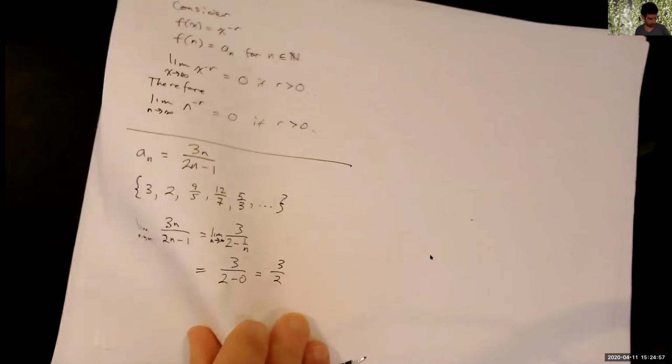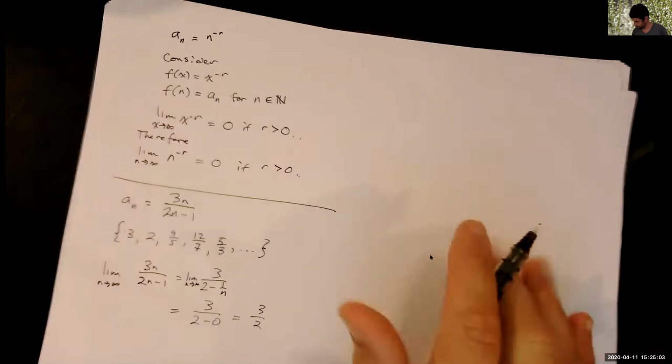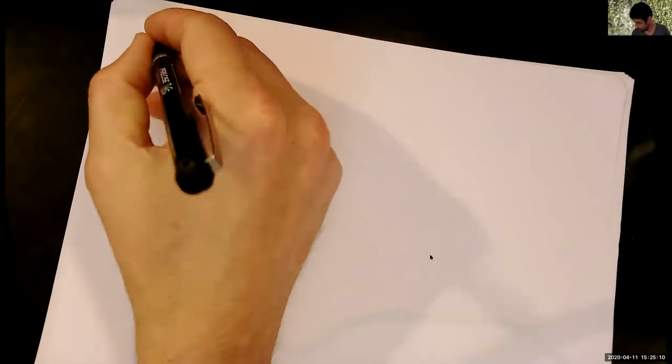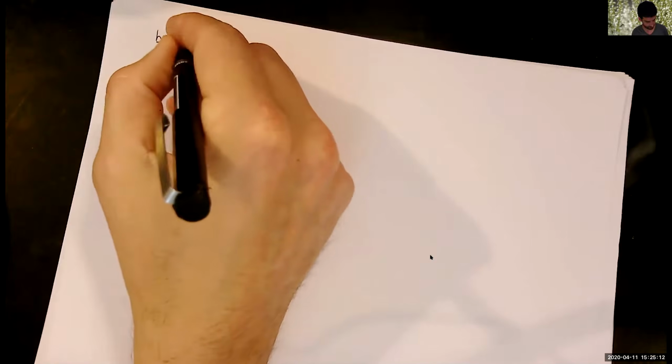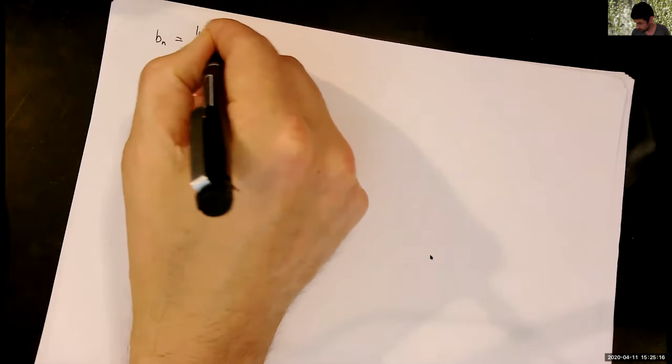All right, let's do a couple more. We'll do two. Let's do 2 more. All right, let's look at the sequence b sub n is equal to the natural log of 2n